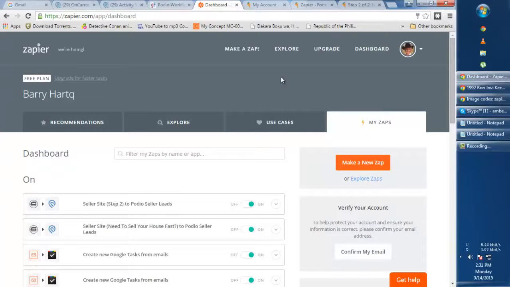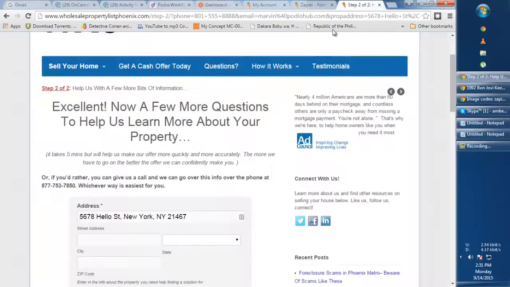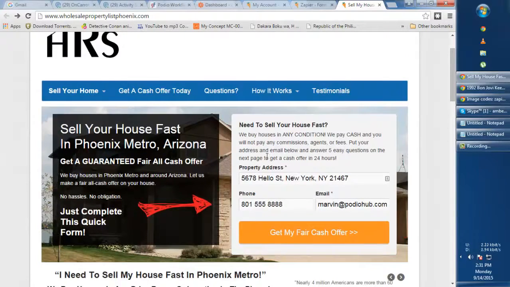Alright, so I have already integrated my step 1 and step 2 forms. So if I go to my step 1, what's going to happen is that once I enter here, this is the step 1 form. So once I enter information here, I will be redirected to step 2. So basically, if I click on submit here, I already have the property address, phone number, email. This step 1 form does not contain the field for seller name. So if I just click on submit,